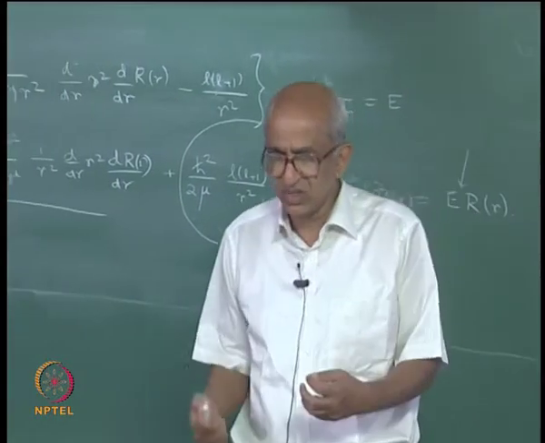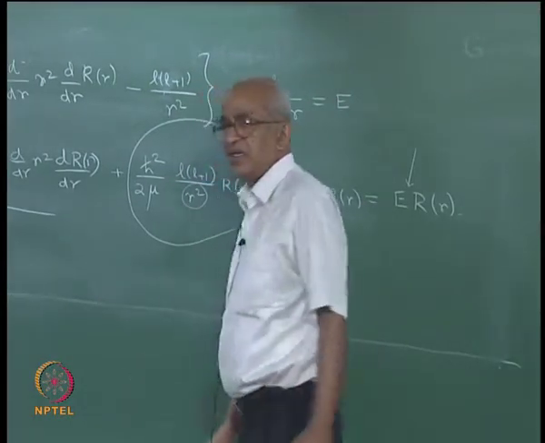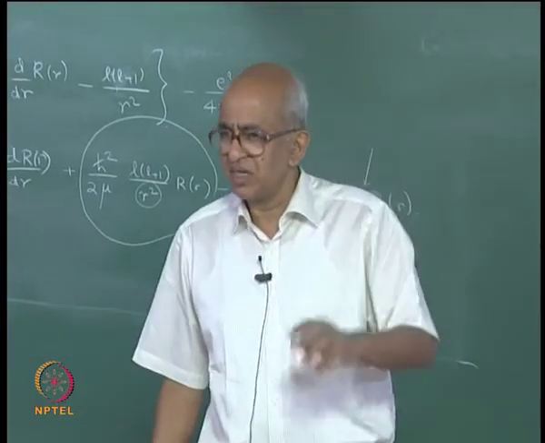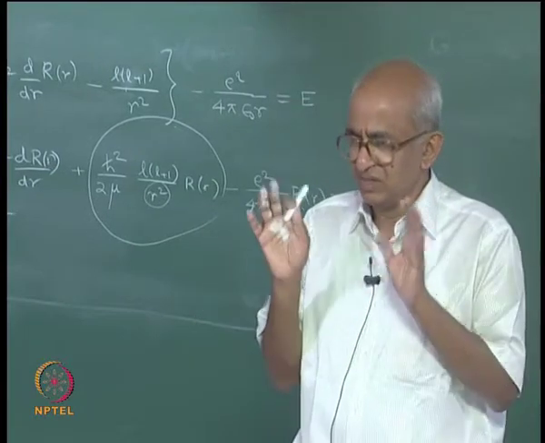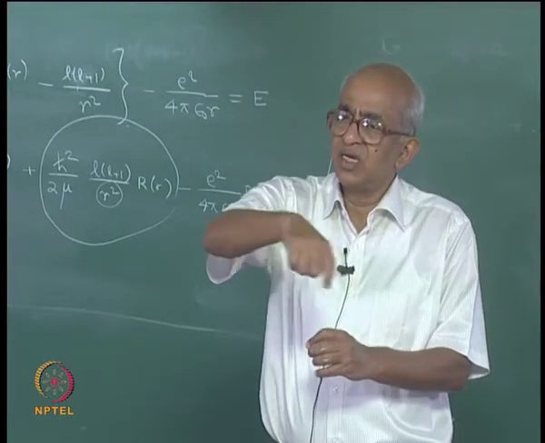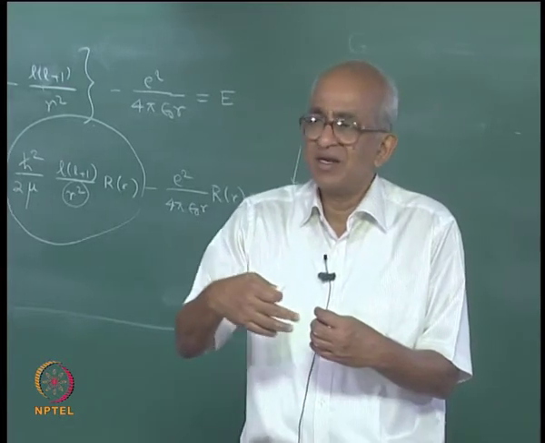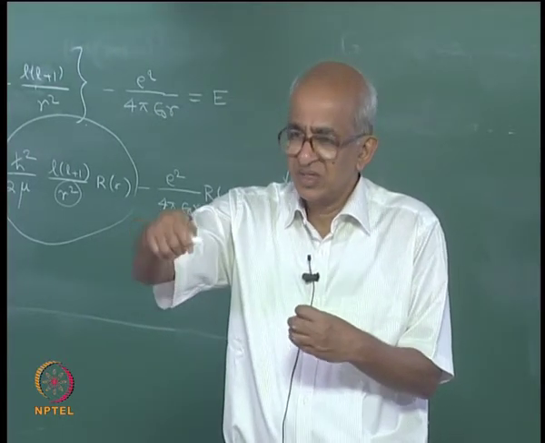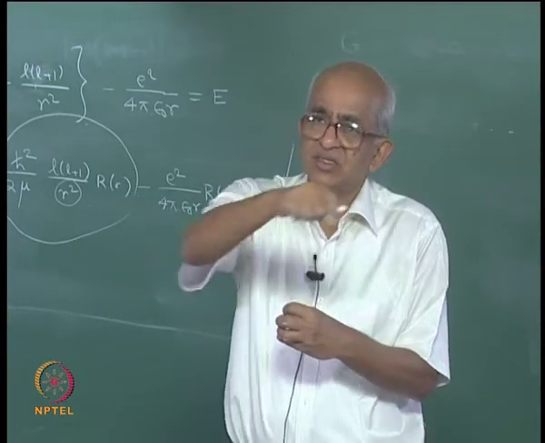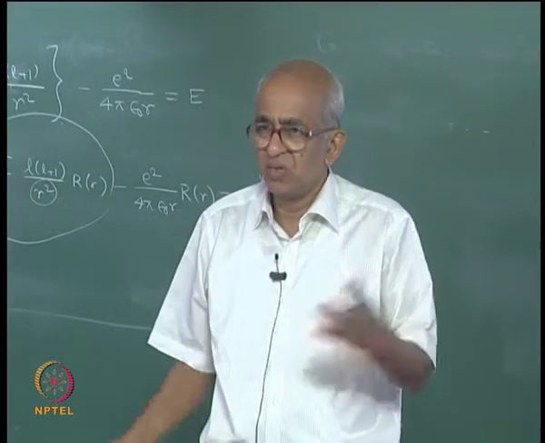Now, why does it do this? And in fact, why is there a 1 by r square sitting here? If you looked at the problem from classical mechanics also, exactly the same kind of thing will happen. When the electron is moving around the nucleus, you should remember that the potential depends only upon the distance. So, it does not matter in which direction the electron is, whether in this direction or in that direction. If the distance from the nucleus is the same, then the potential energy is the same.